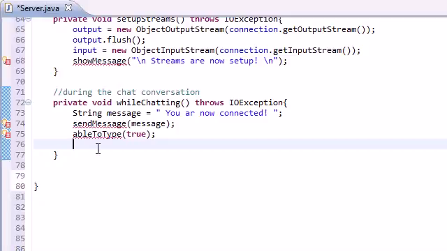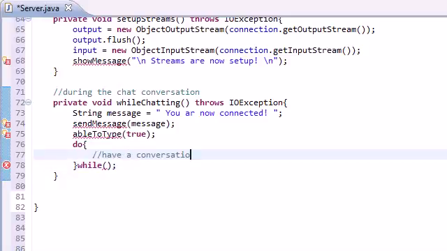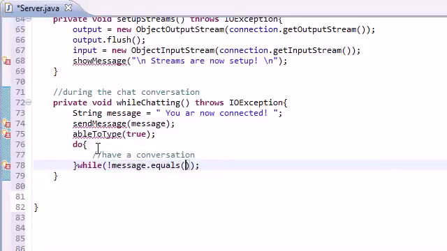Now during the conversation we're going to be putting everything into a do while loop. You probably thought that you never would use a do while loop, but this is one instance where you would. You pretty much want to have a conversation while the client wants to, while you both want to. So we're going to listen for a message from the client, and this is how you look at strings, equal to